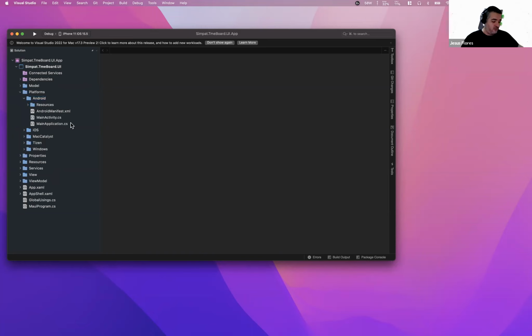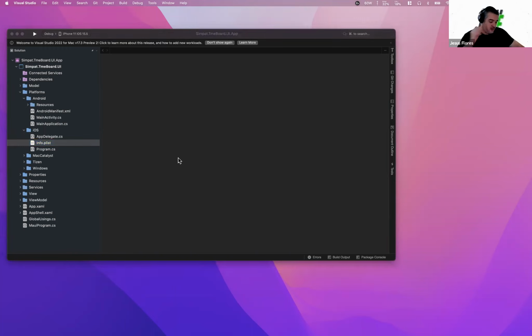If I need specific resources for Android, for example, I will need to add them here. Or for iOS, if I need to create or enable something, I just need to set up the info list and all that stuff. But so far for this demonstration, I'm not using any specific